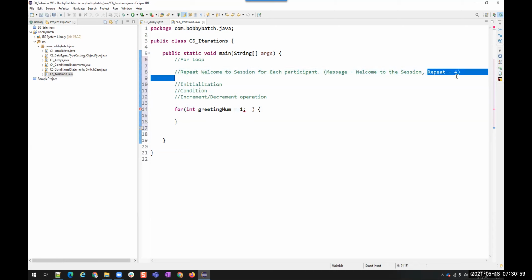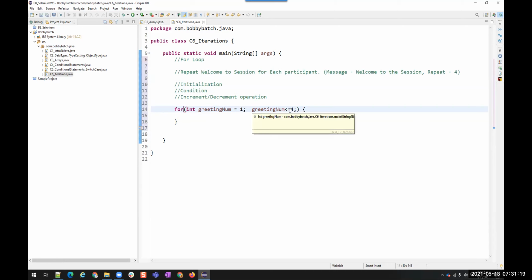I want to repeat only 4 times, so I'll say greeting number is less than or equals to 4. I want to repeat until I complete 4 times, so I'm writing this condition, less than or equals to 4, or I can type less than 5. Less than 5 is nothing but up to 4.